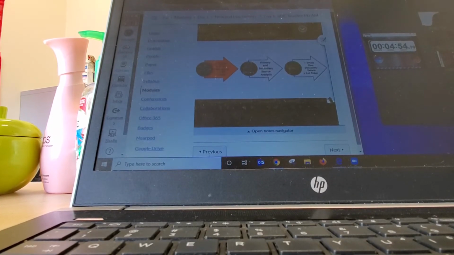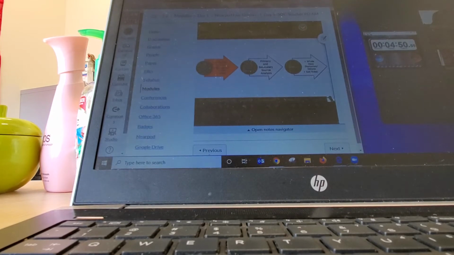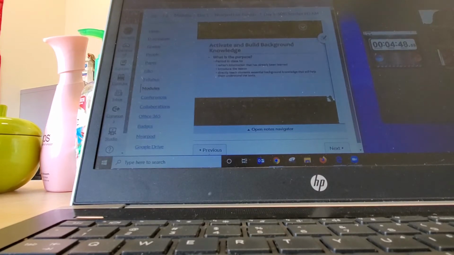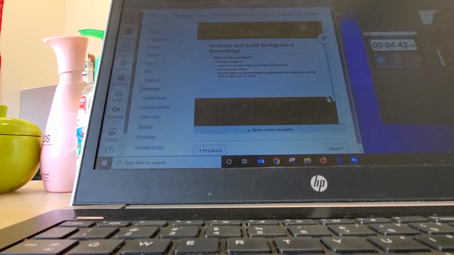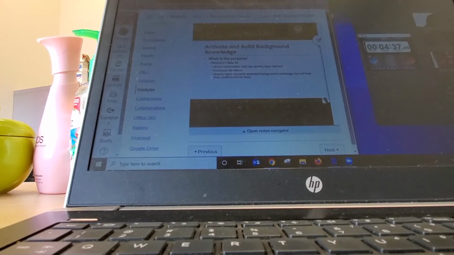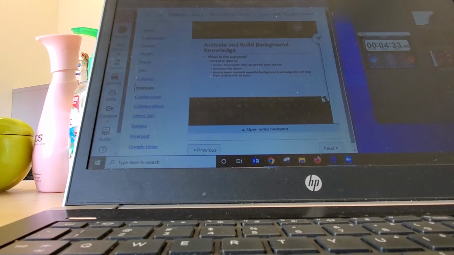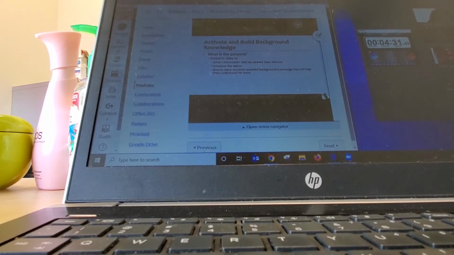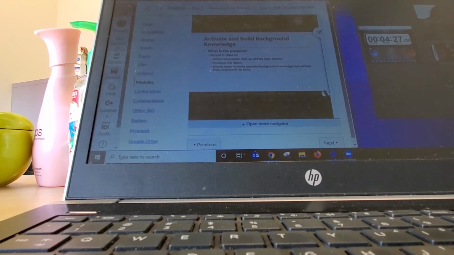So we'll start with the activating and building background knowledge part of our lesson. And this is, in most lessons, the very beginning. So let's start with the what: what is the purpose? This is a period in class where we refresh information that has already been learned. The lesson is introduced to kids, so this is the time when they'll learn what the compelling question is for the day. And it's also a time to directly teach students essential background knowledge that will help them better understand